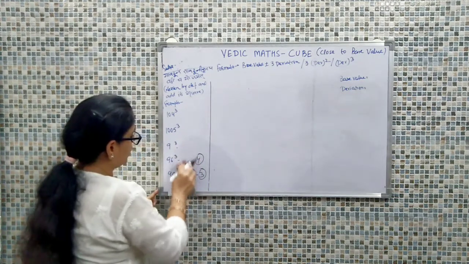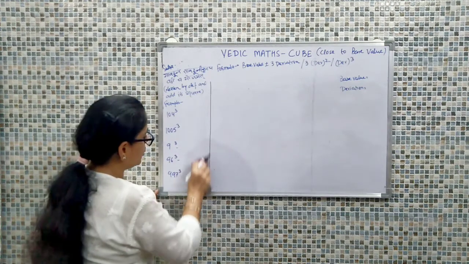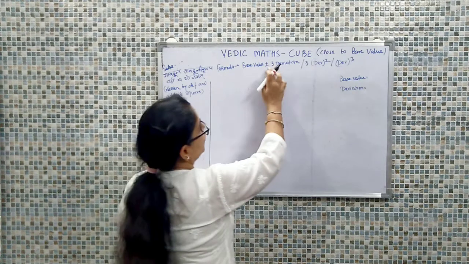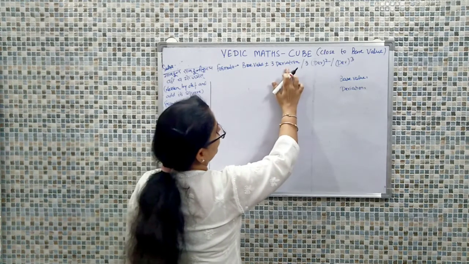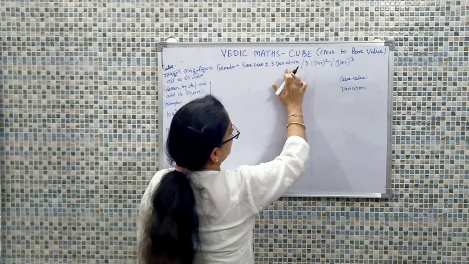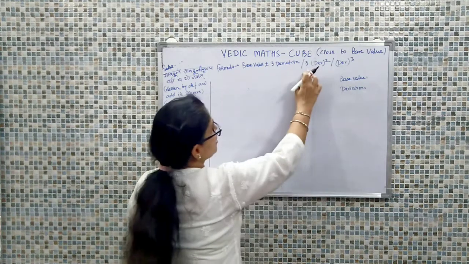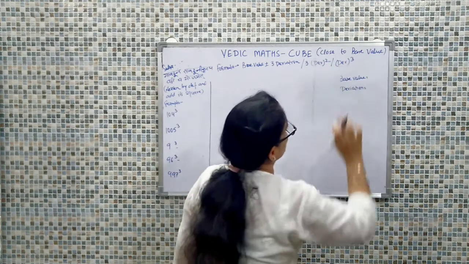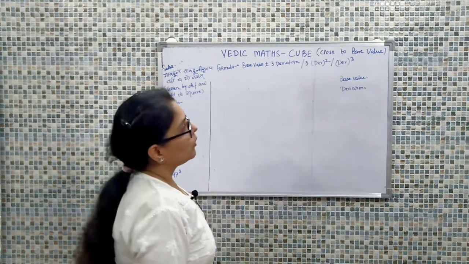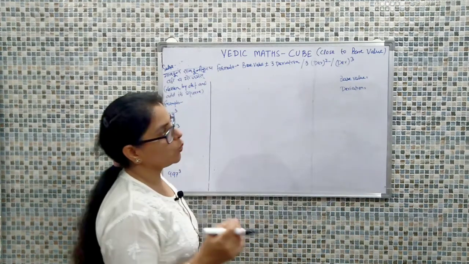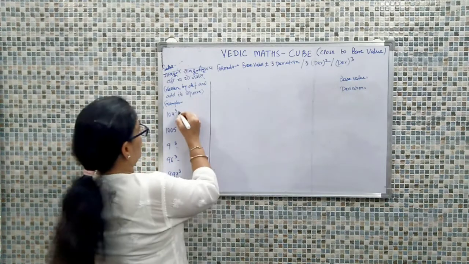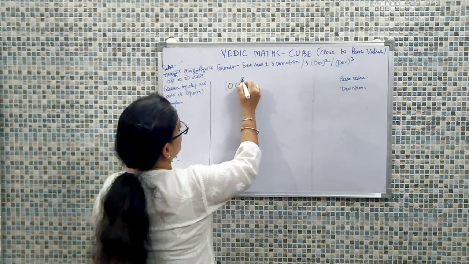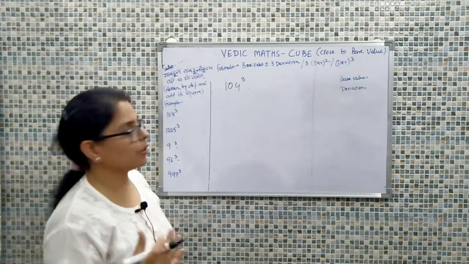Now the formula that will be used for calculation is base value plus or minus 3 into deviation. This will be the first portion. The second portion will be 3 into deviation square, and the third portion will be deviation cube. Now let's come to the terminology, what do we mean by the base value. If we take the first example, we can relate to it and get to know what these terms are.